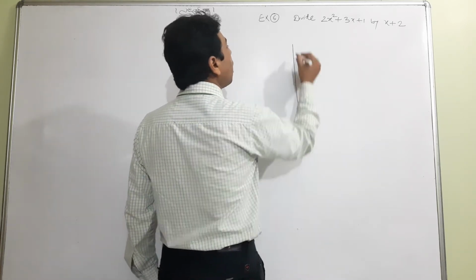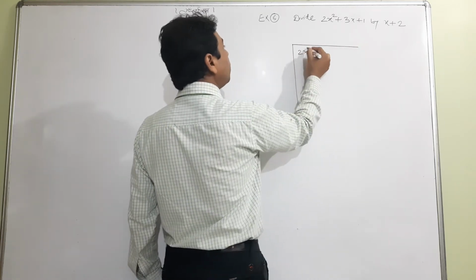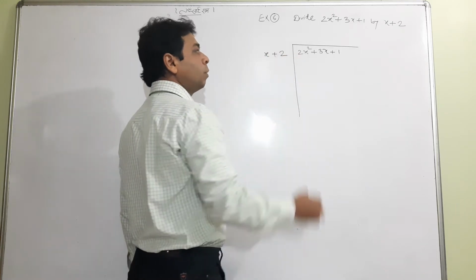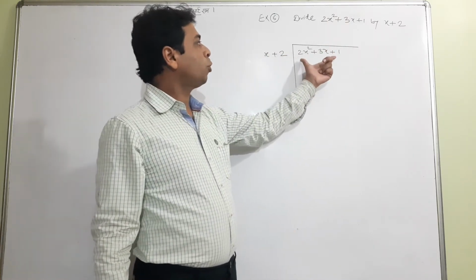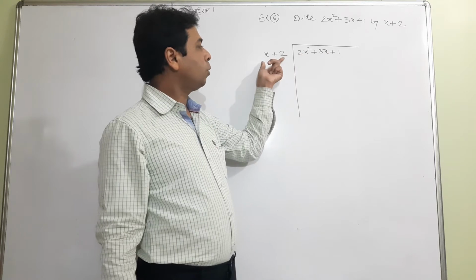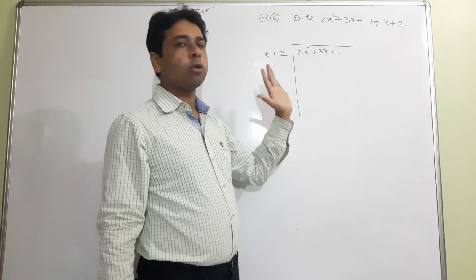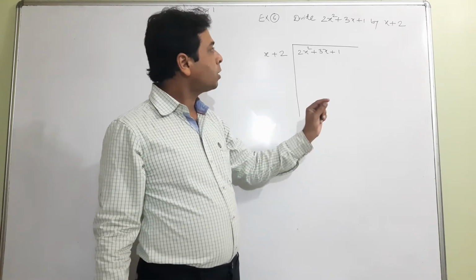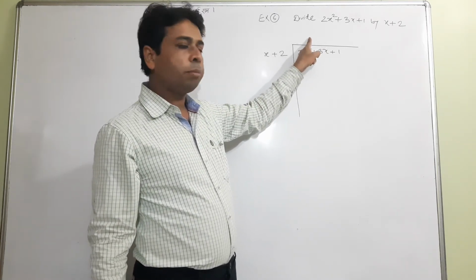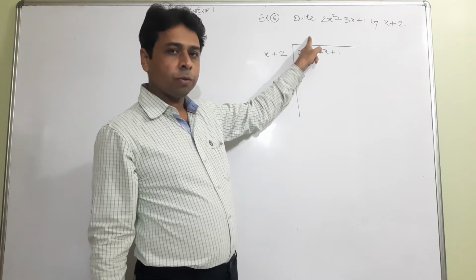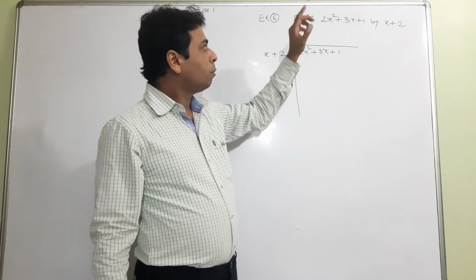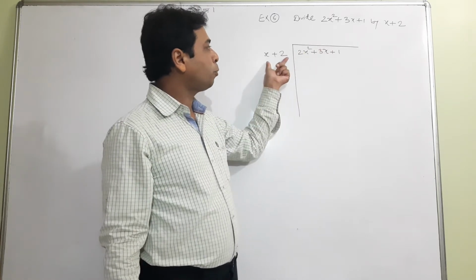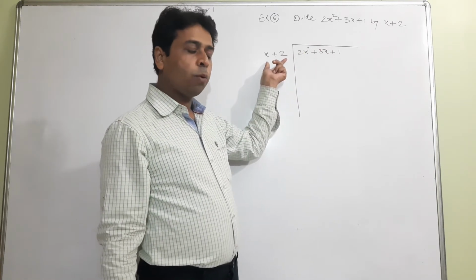See again how to divide a polynomial by another polynomial. Look, this is a quadratic polynomial and this is a linear polynomial. No problem at all, we'll handle it easily. So the first question is what time it will divide first. That is a very important thing. Before dividing, you have to arrange the polynomial in a proper way.